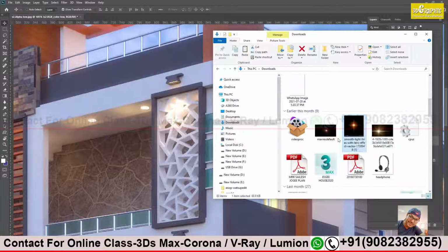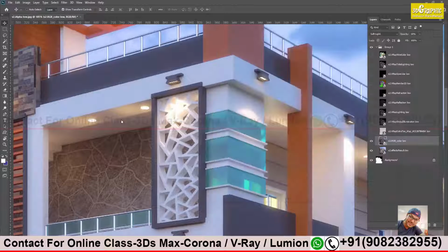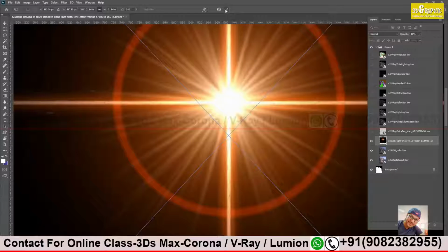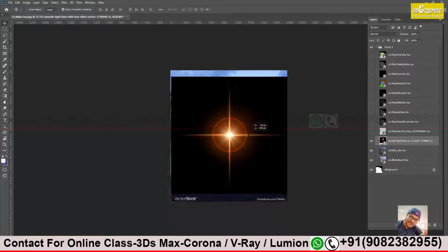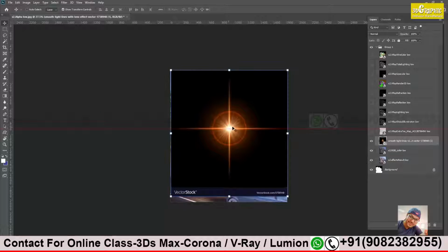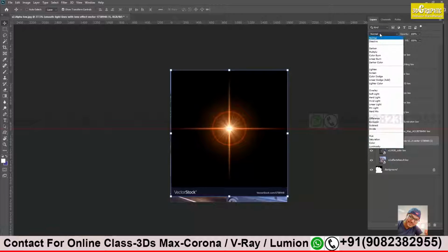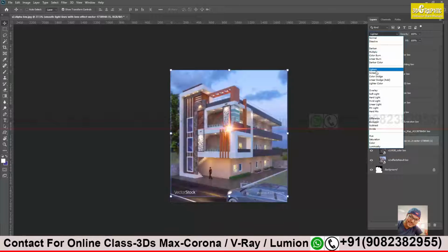It's simple to use this. It's a very simple step. Just drag and drop on your scene anywhere. Click on the tick sign. It comes somewhat like this, no? Yes, sir, there are bright areas and dark areas all around. This kind of image is what we need. This is a JPG image and JPG is absolutely fine. What you have to do is go to the blending mode, normal, and change it to screen.